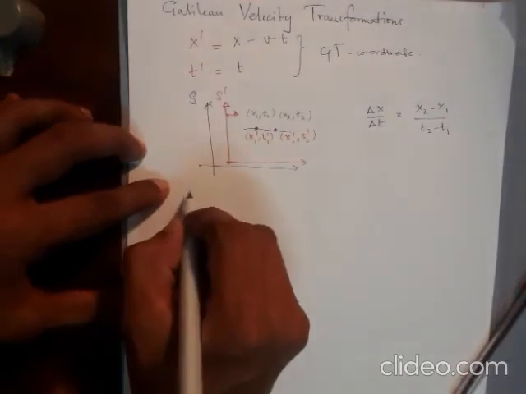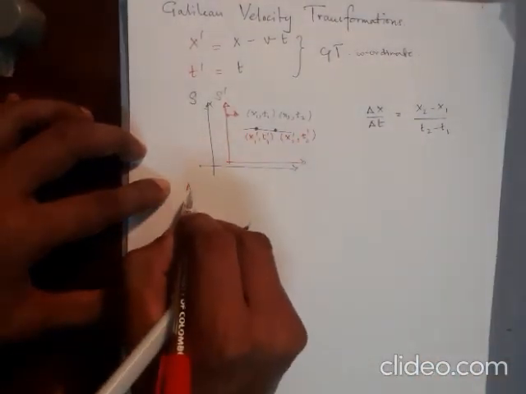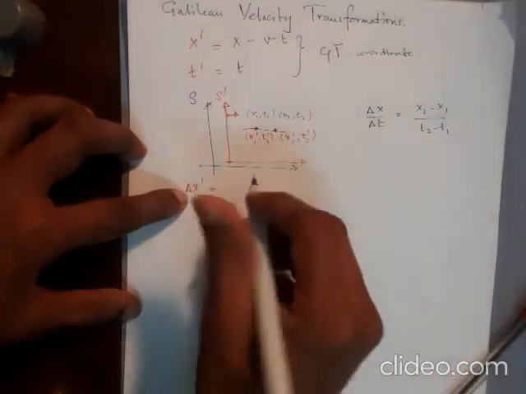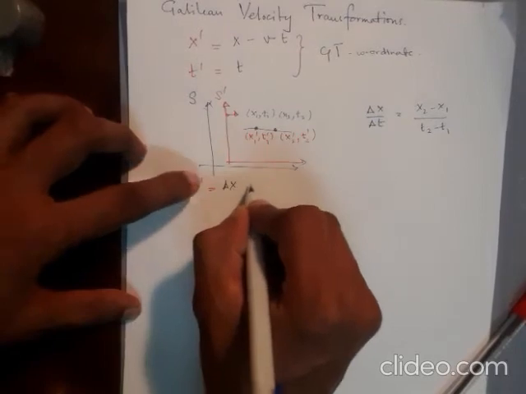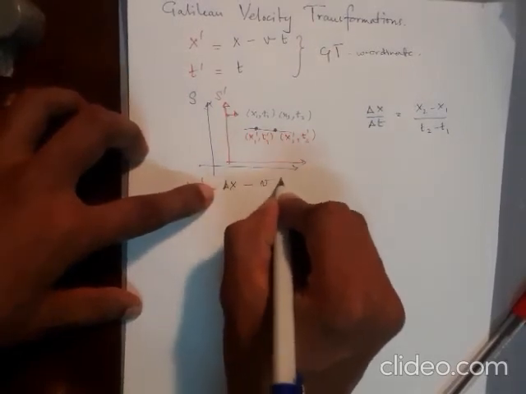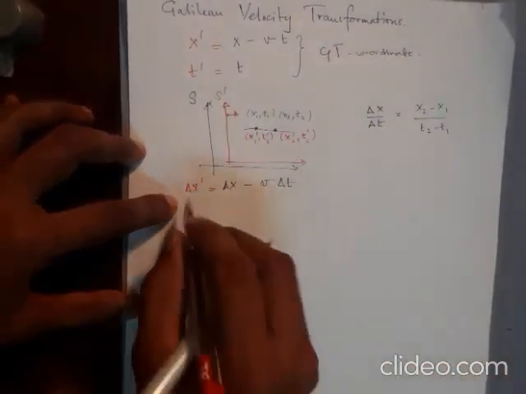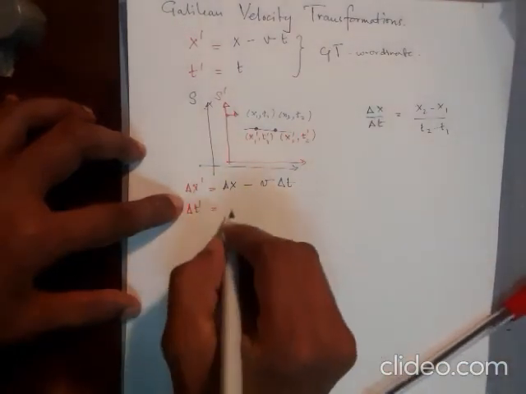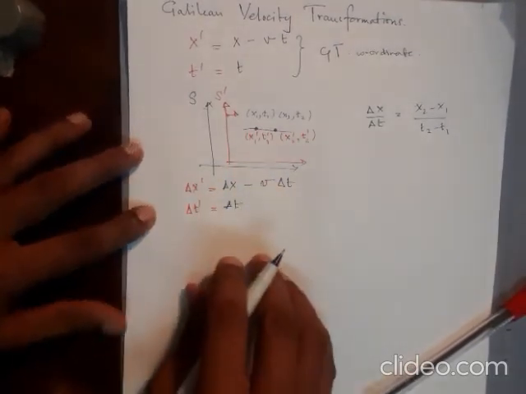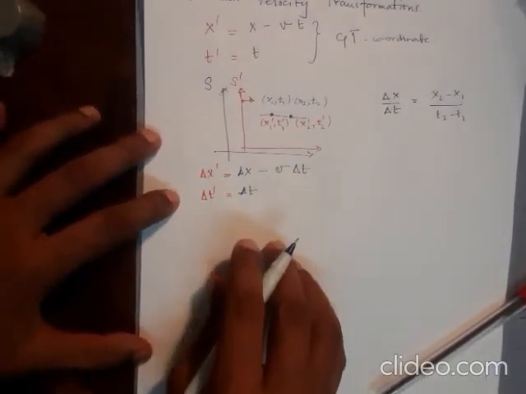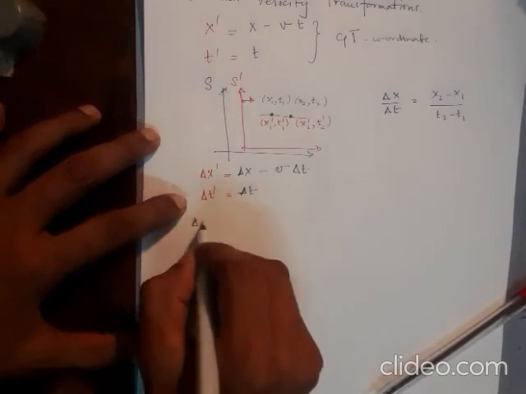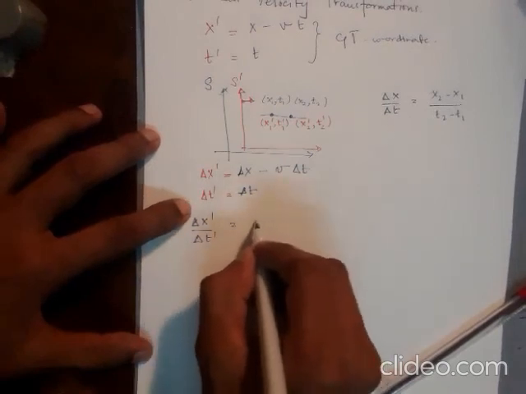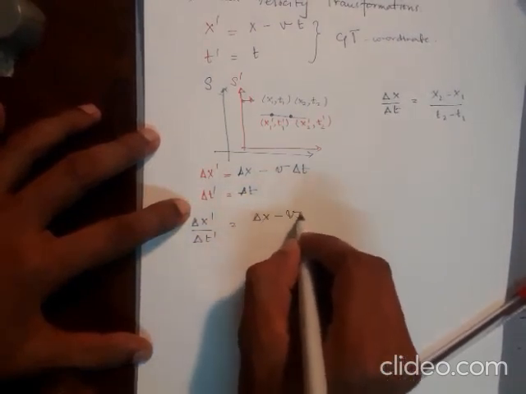So any change in the coordinates, delta x prime, has to be equal to delta x minus v delta t, and similarly any change in time, delta t prime, will be equal to delta t. So now let's calculate the velocities. So we will get delta x prime divided by delta t prime is going to be delta x minus v delta t